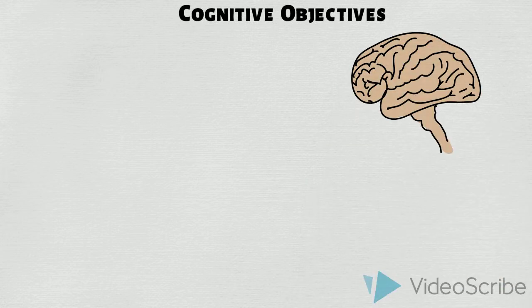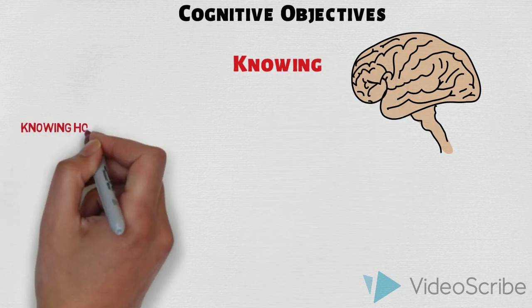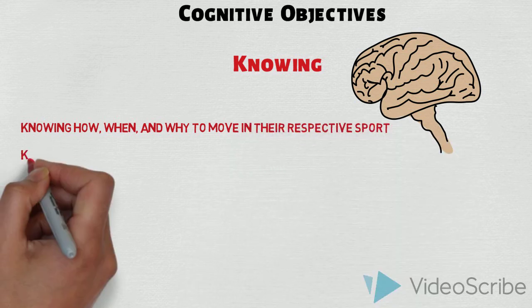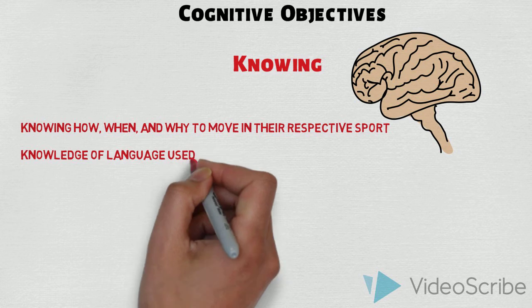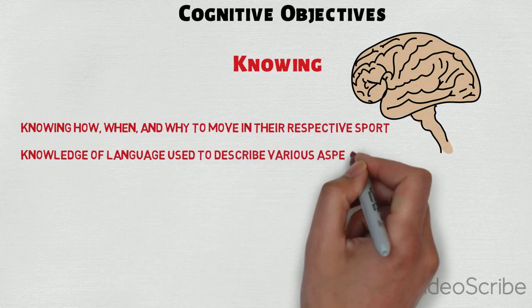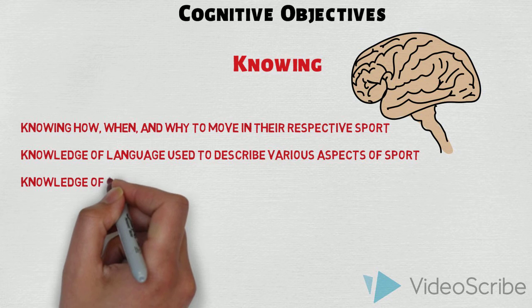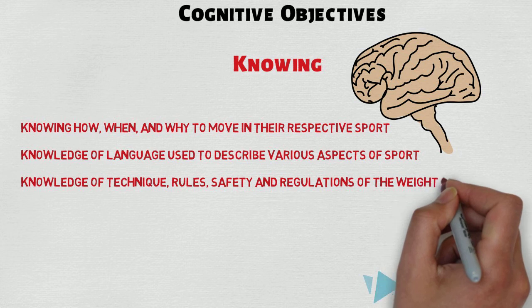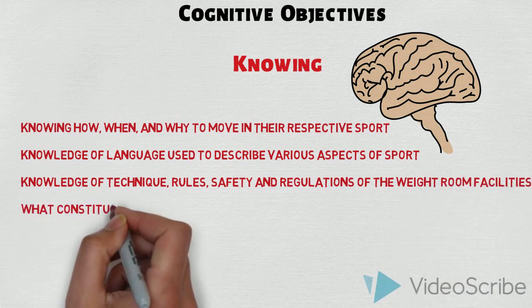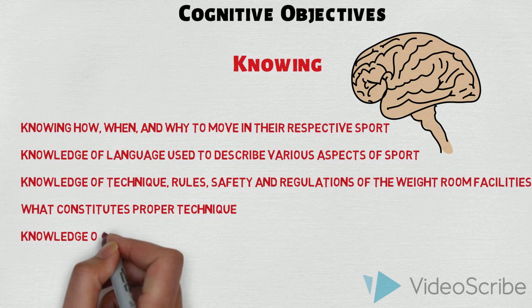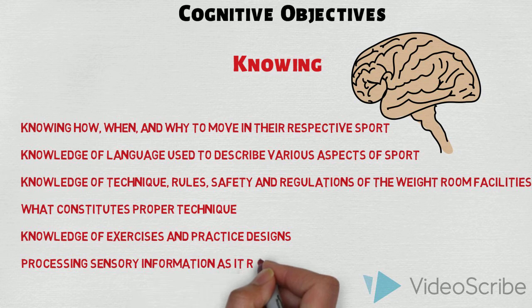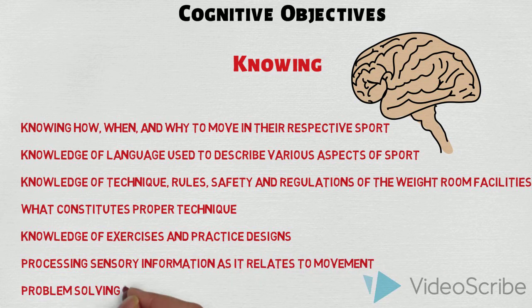In many ways, cognitive abilities relate to the athlete's ability to, and are not limited to, knowing how, when, and why to move in their respective sport, knowledge of language used to describe various aspects of sport, knowledge of technique, rules, safety, and regulations of the weight room or practice facilities. What constitutes proper technique in their sports skills? Knowledge of exercises and practice designs and what they do, processing sensory information as it relates to movement, problem solving